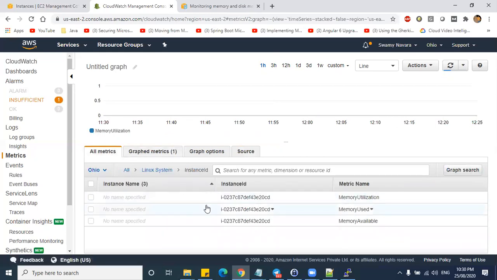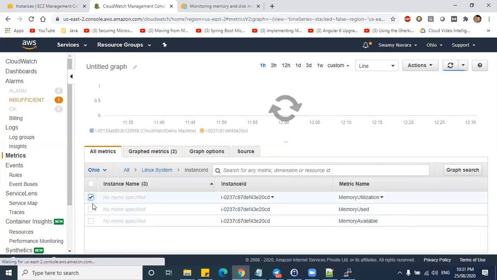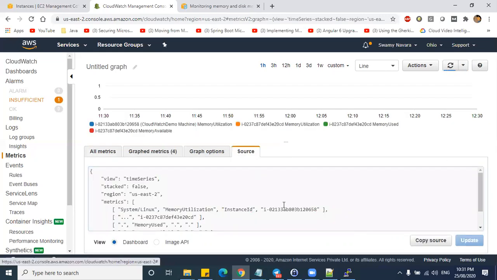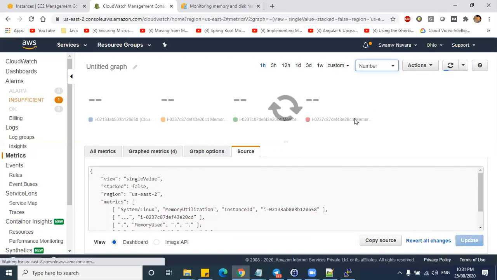All metrics. Yeah. So now if you see here, nothing is visible, right?